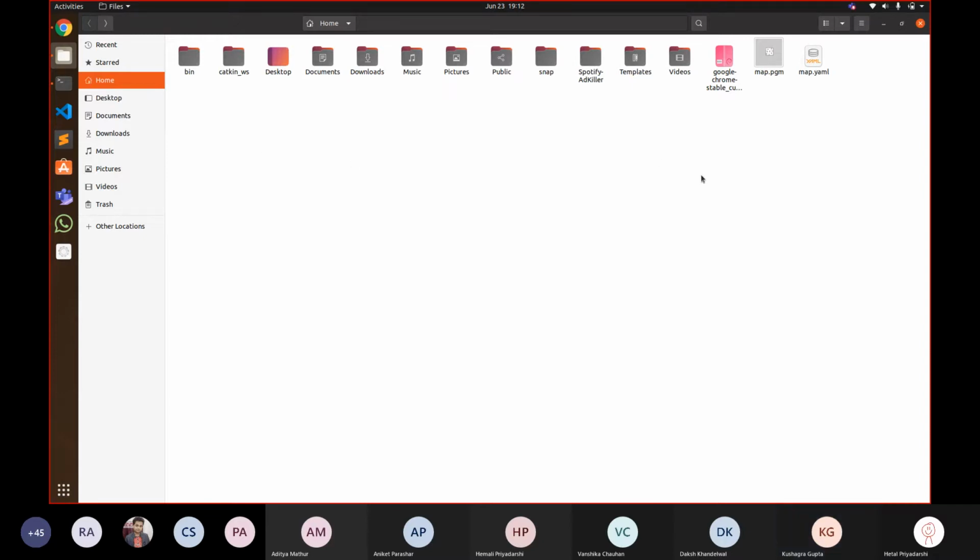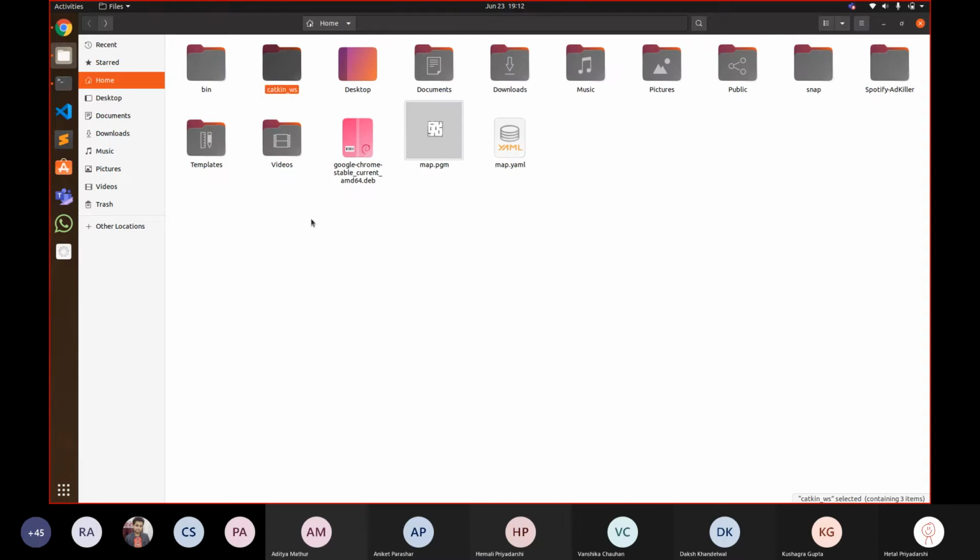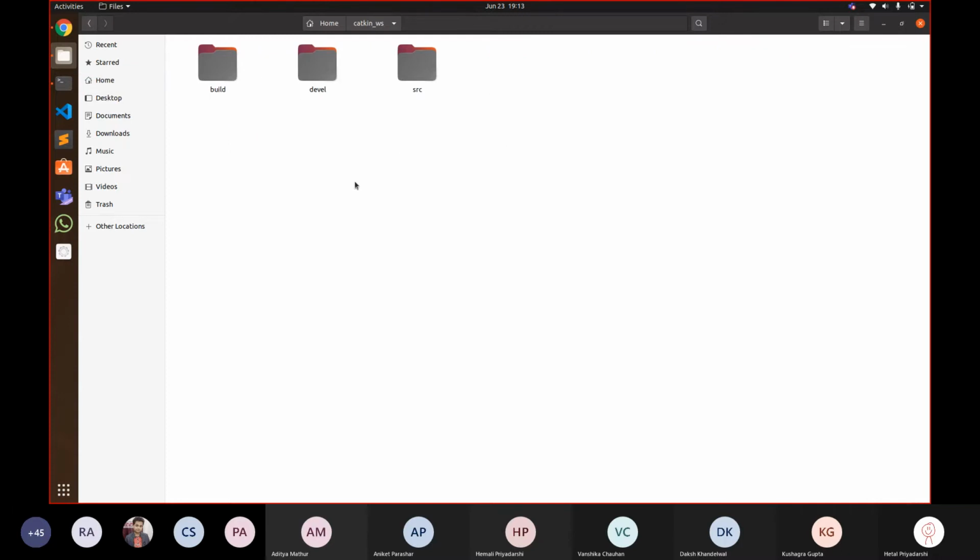So, let's start with the file system level. There is this folder, the Catkin workspace. This is the folder which has everything related to ROS in it. Catkin is a functionality which helps you create packages and manage a directory or file system structure. It has built-in devel folders. These are auto-generated folders which have different formats of the same code and some compilation work, and all of the code which you write is in the source folder.